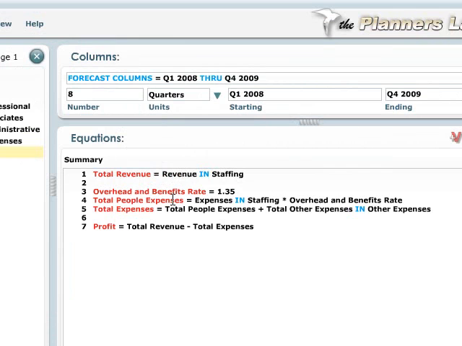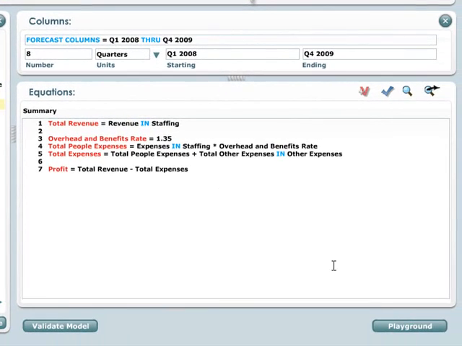We have total people expenses equals expense in staffing times an overhead and benefits rate. Then we have total expenses, which equals total people expense plus total other expense in the other expense node. And then finally, we can get profit equals total revenue minus total expenses. Now that we have defined all of the variables and values that we want in our model, we can now